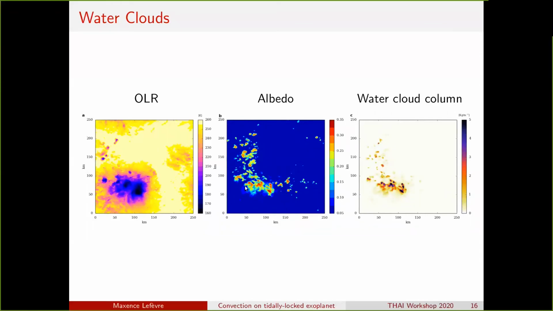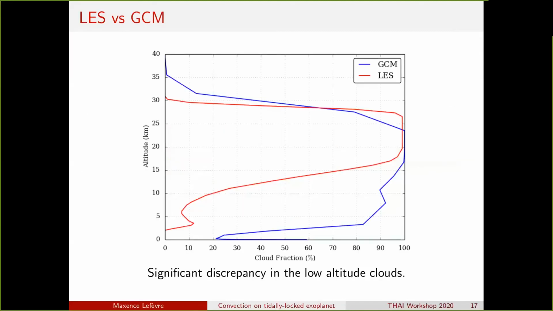For that case, it's really the deep convection that creates most of the albedo.